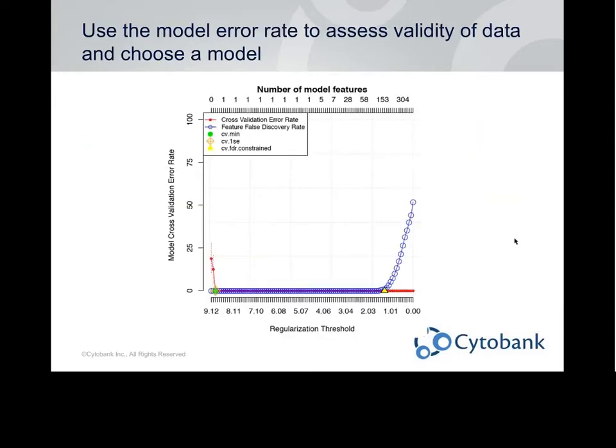This is the model error rate, and you get this graph when you run a PAM analysis on your data. Citrus PAM uses a few different features here, and this is a pretty complicated graph, but we'll dive into it. So you have a cross-validation error rate, a feature false discovery rate, and you have kind of 3 different versions